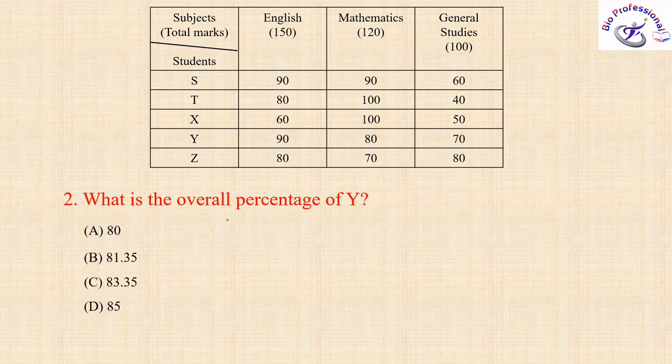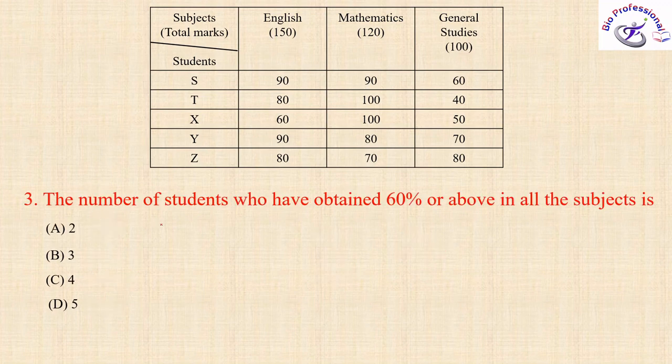Next, what is the overall percentage of Y? For the overall percentage, you just add these values and divide by 3, because here it is percentage. So the answer will be 90 plus 80 plus 70. You calculate, it becomes 240. Now you have to divide 240 by 3, and it becomes 80. So 80 is the correct answer. Option 2 is the correct one. Okay. Next,